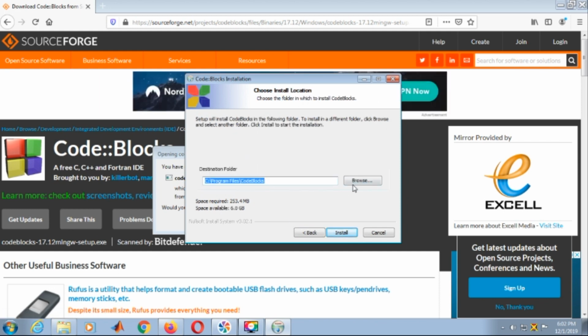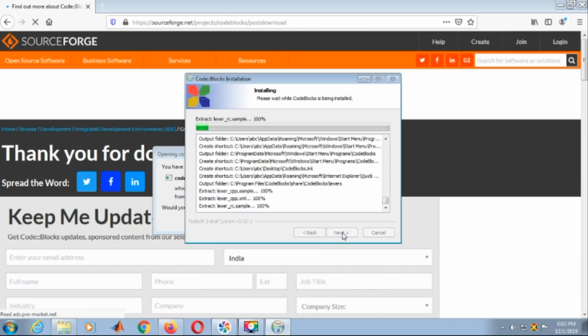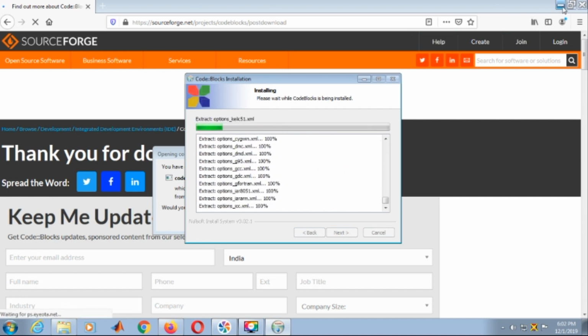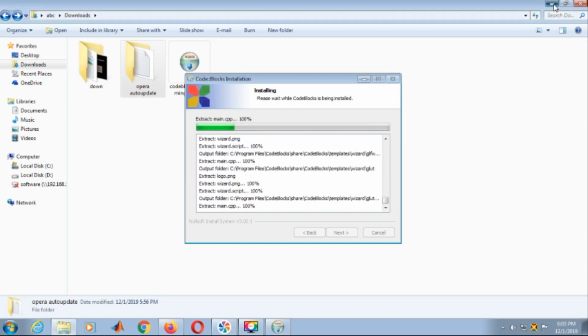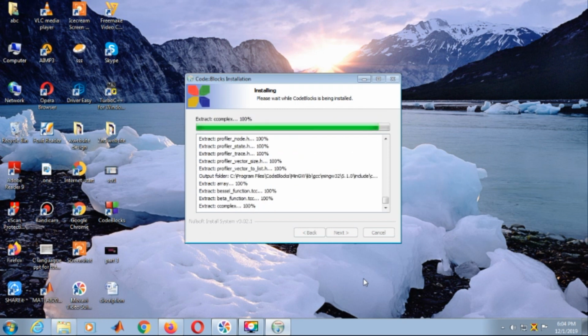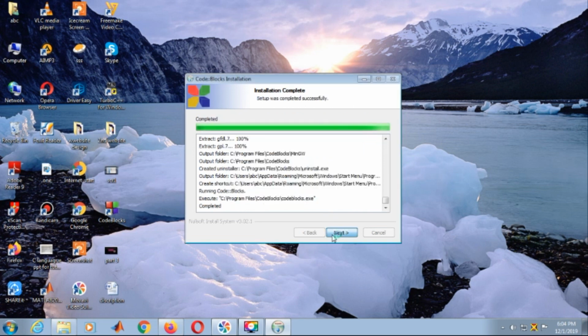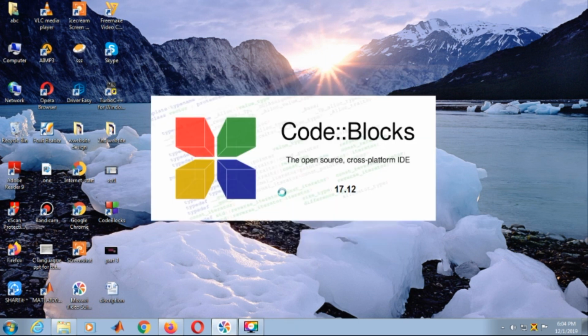It will show you the destination folder. If you want to change the destination, you can change it from here. I will keep the same. Click on install. So click on yes, click on next, click on finish. Now it will show the new window,